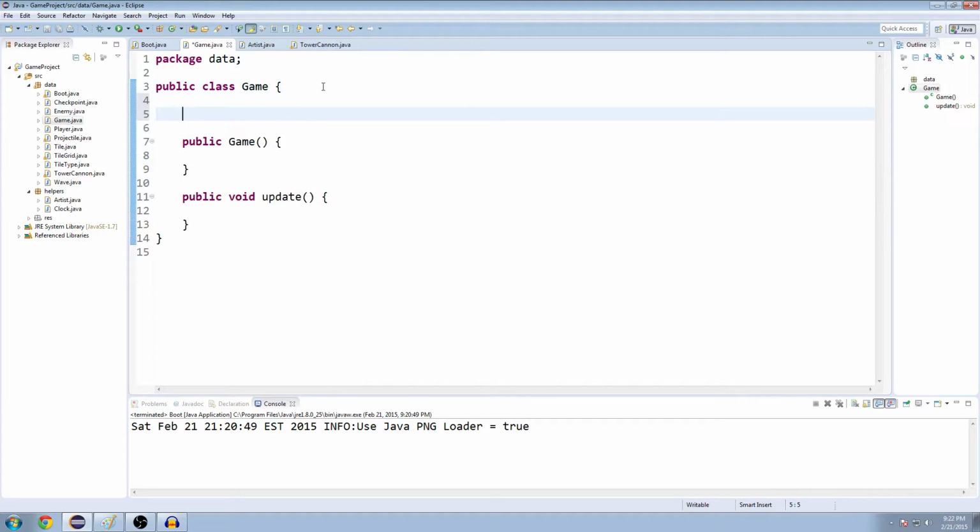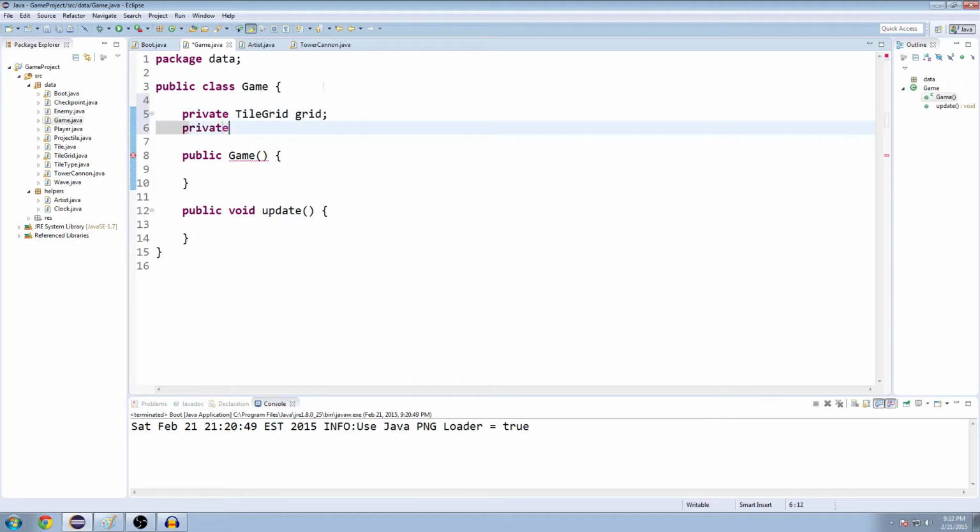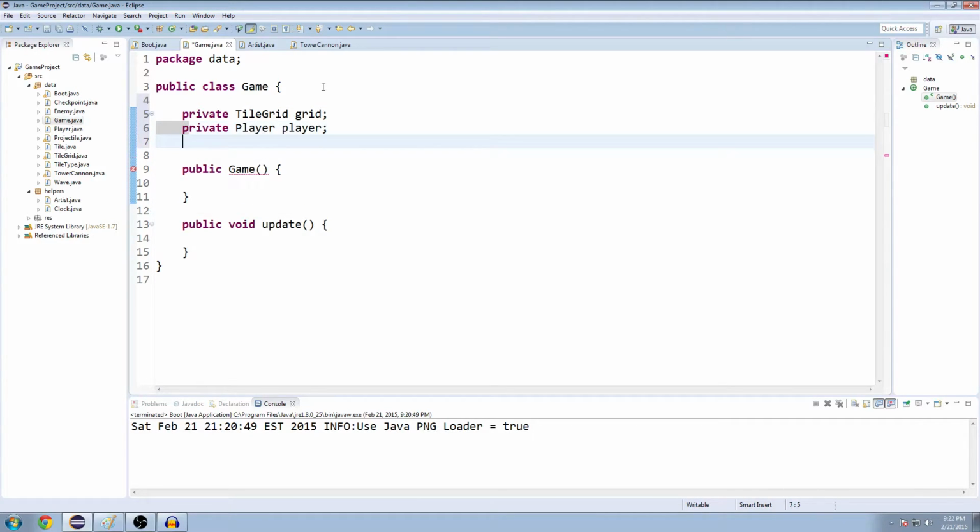And some variables. So what do we need in our game? We need a tile grid to play on. We need a player to play the game. And we're probably going to make something called a wave manager pretty soon to manage the waves, I guess. But right now we just have a wave class that keeps spawning enemies on a timer. What we want is a class that interfaces with that and can stop the timing when the wave ends, and then start a new wave and count up and stuff. So we might make a new class for that, or we might do it right in this game class. I'm not sure yet, but for now, private wave,